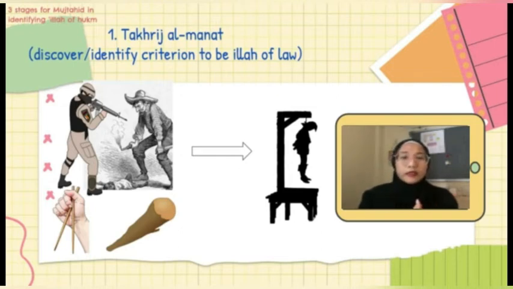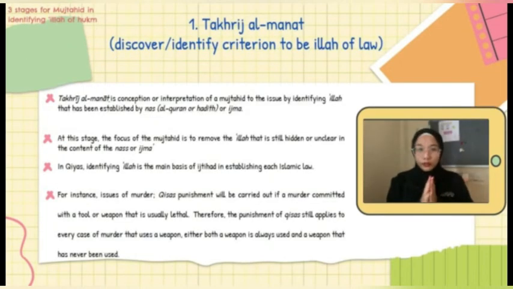Okay, hence the mujtahid uses this method, which is SABRU TAQSIM, in identifying the most accurate illah for the law of murder. So takhrij al-manath is the first stage and it is a basis in the ijtihad of scholars in the method of SABRU TAQSIM. This is because from this stage will be identified the criterion or sifah of any issue that will be the illah.